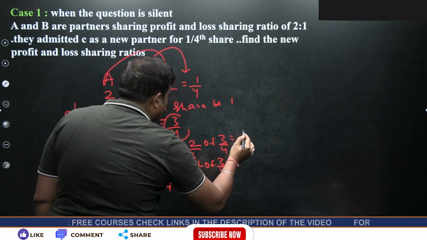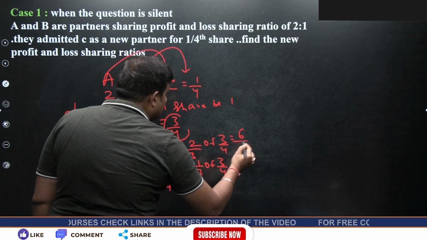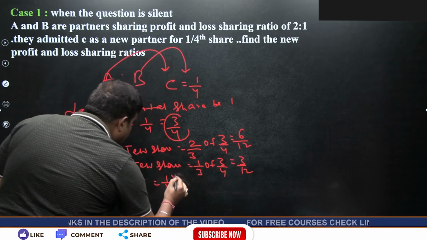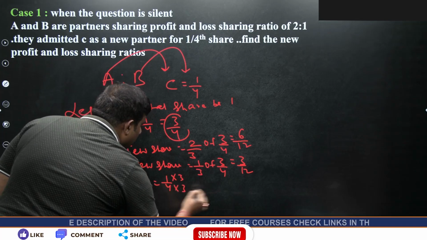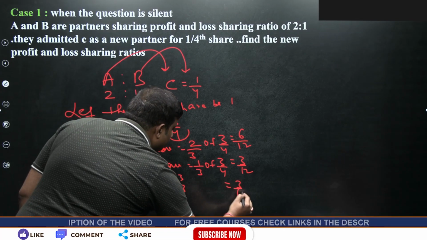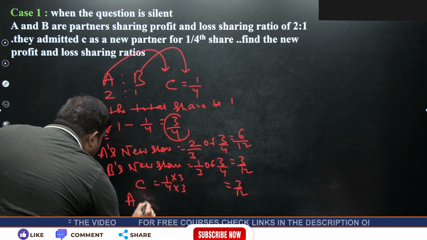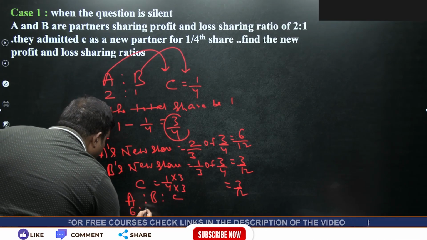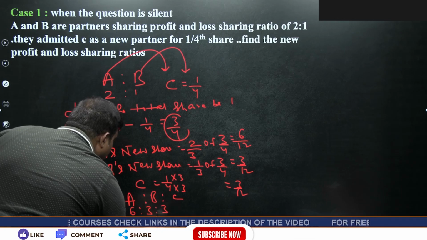So basically we find that A's share is 6 by 12, B's share is 3 by 12, and C's share is going to be 3 by 12. So now the new profit and loss ratio between A, B and C would be 6:3:3,